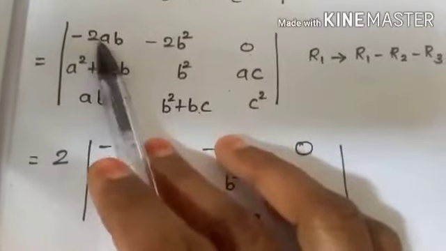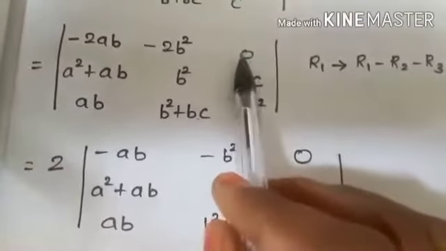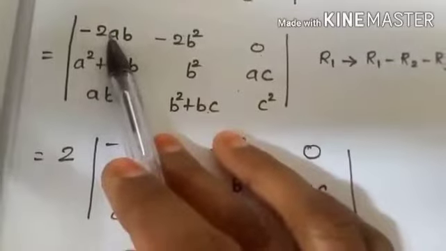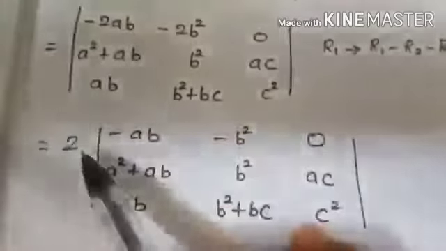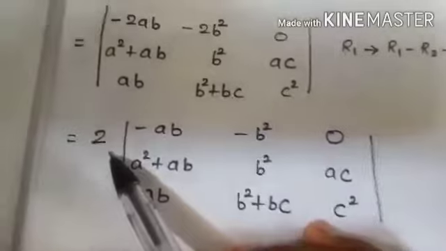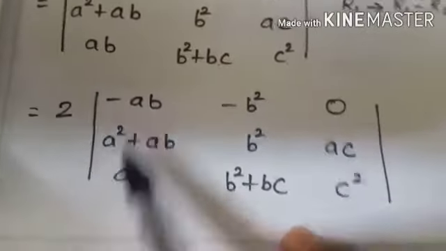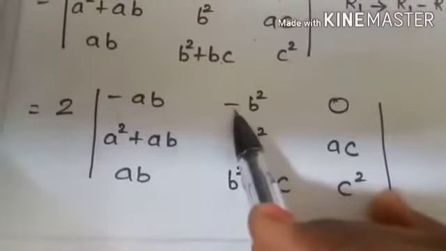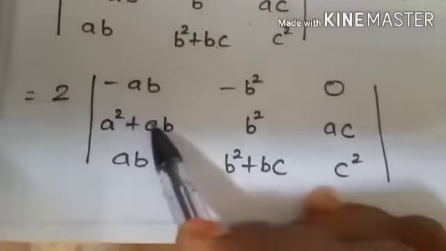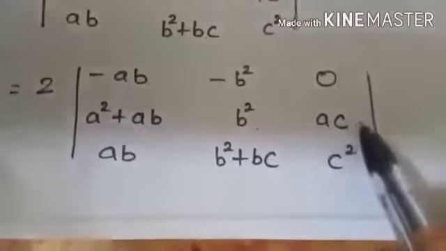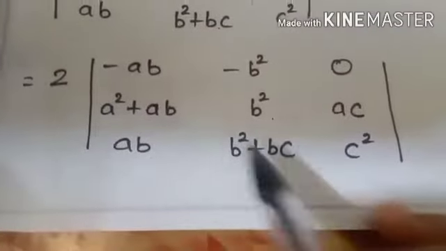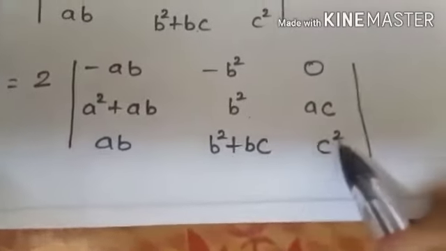So here minus 2AB, minus 2B squared, here 0. So we can take 2 as the common element. Taking 2 outside of the determinant, it is equal to 2 into the determinant of minus AB, minus B squared, 0, A squared plus AB, B squared, AC, AB, B squared plus BC, C squared,